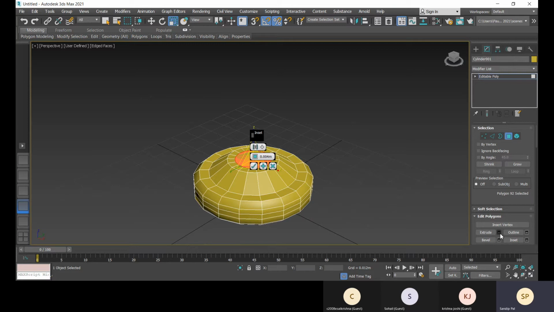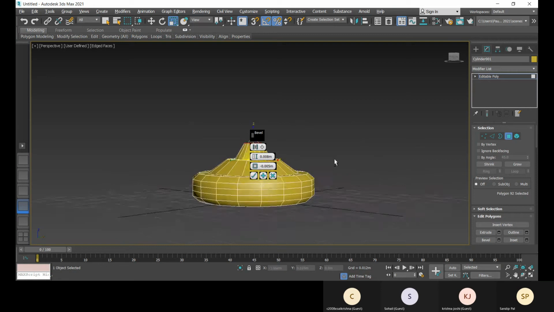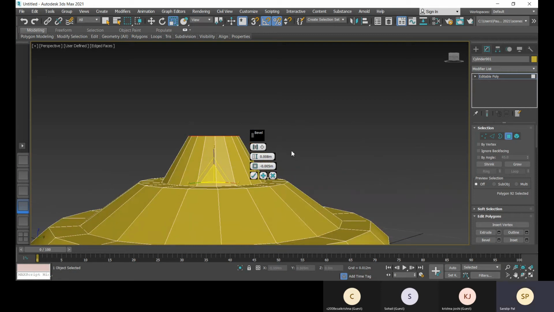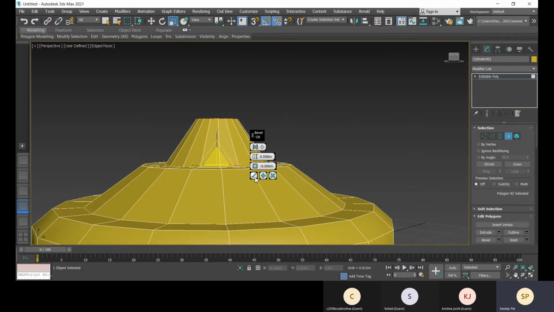Now go to bevel option, sorry, insert again, right click, bevel, okay.